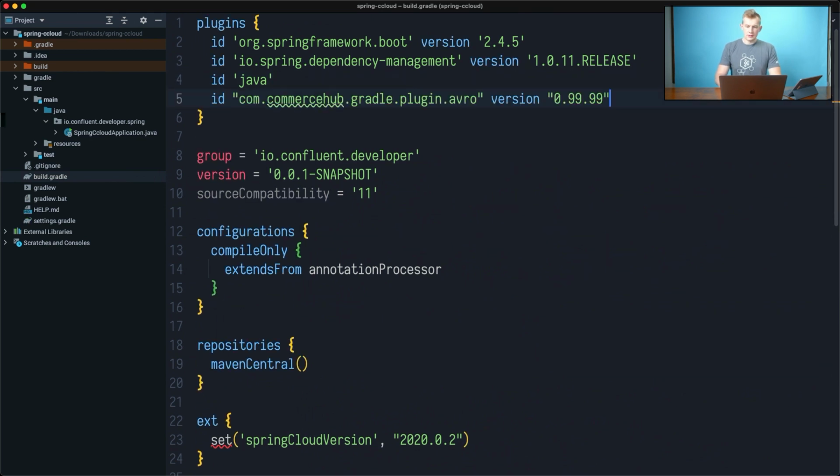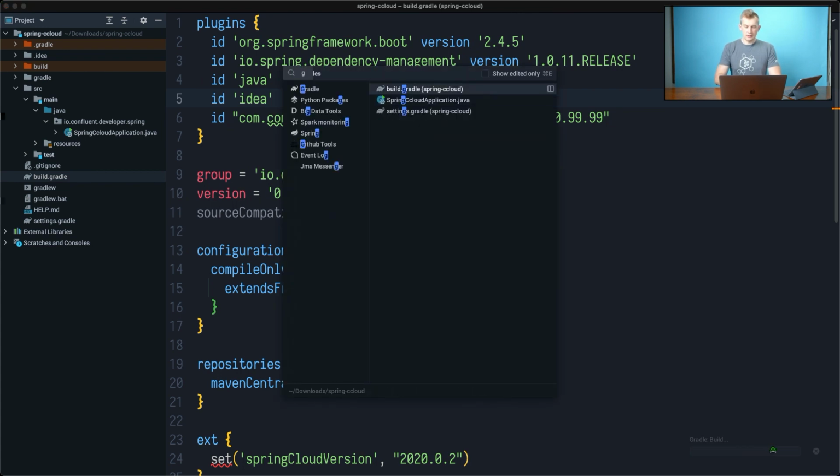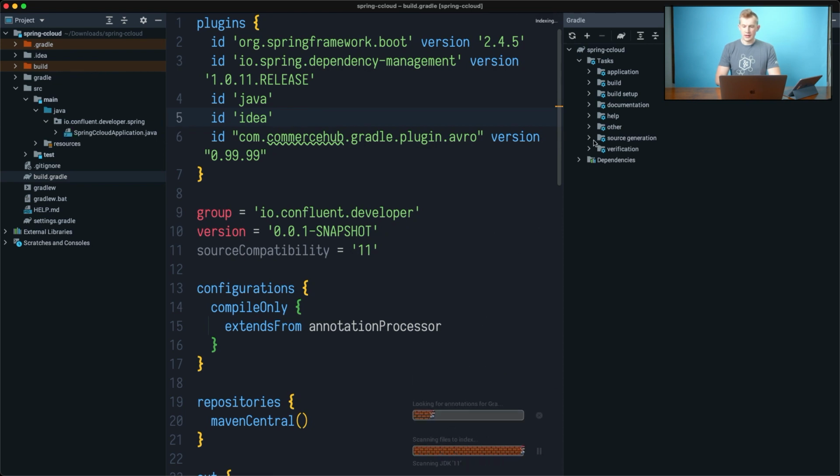In order for this to be activated and used correctly with my IDE, I also need to enable the IntelliJ IDEA plugin. So I will refresh the configuration, and how I would know if this actually works, I should be able to see a new task here very soon, after a few seconds when Gradle is updated, called source generation.